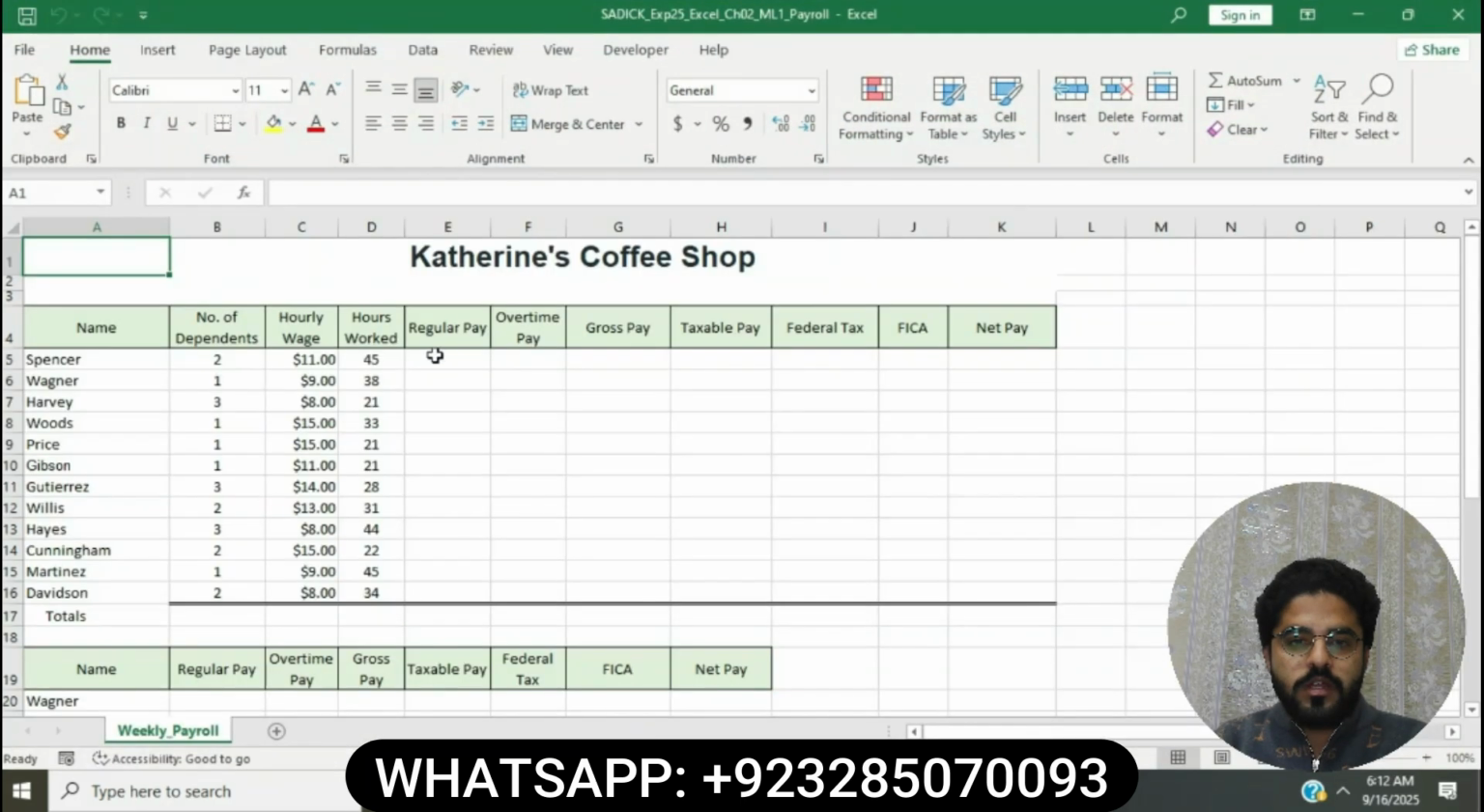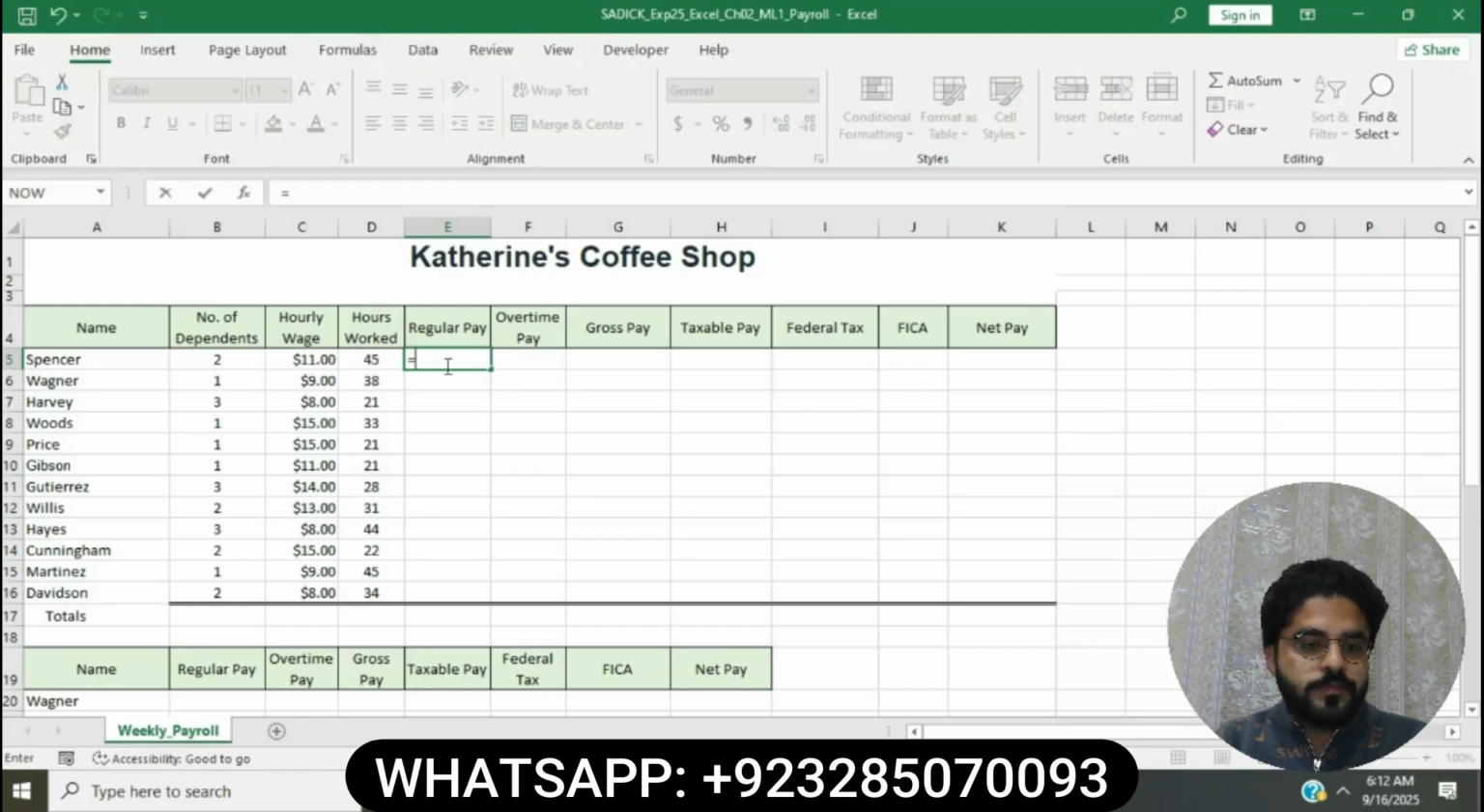Now move to the Excel workbook. Here is the Excel workbook. I have already downloaded it from the MyITLab dashboard, and you can download it the same way from your MyITLab dashboard. In the regular pay column, I have entered a formula in cell E5, equals IF,